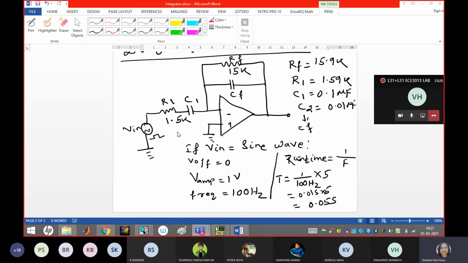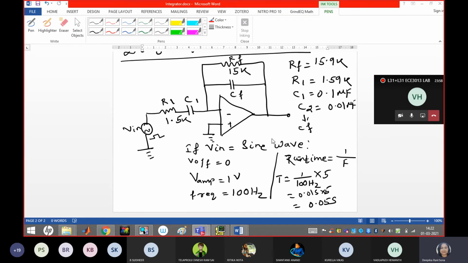But suppose you want to do it with your own data, then you have to check the frequency and the respective capacitance value. C1 is the input capacitor, so 0.1 microfarad you have to use, and for C2 it should be 0.01, less than this. This is the reverse case we have to apply for the capacitor and the resistor. So just remember this data. Here also you have to calculate the runtime as per the data given. For the sinusoidal waveform you have to try, as well as for the pulse waveform.